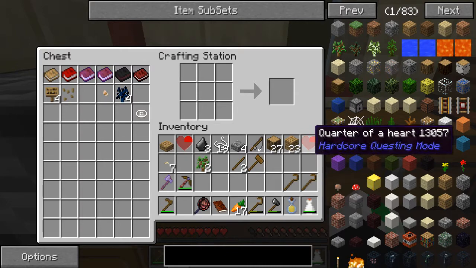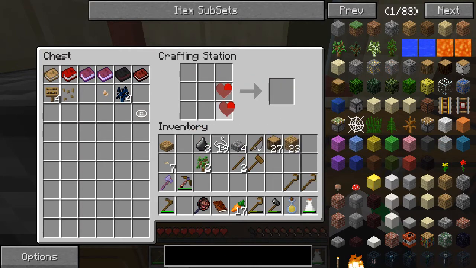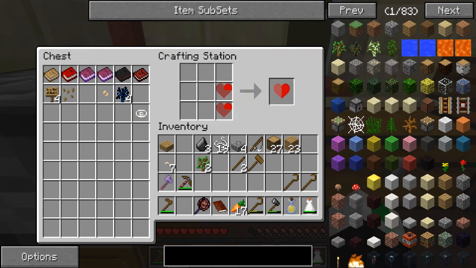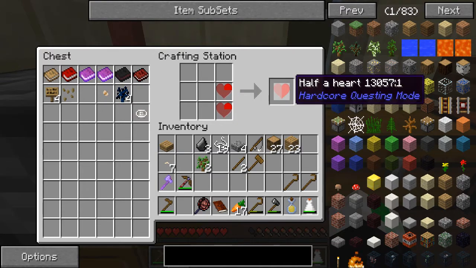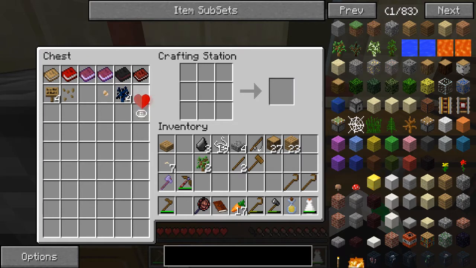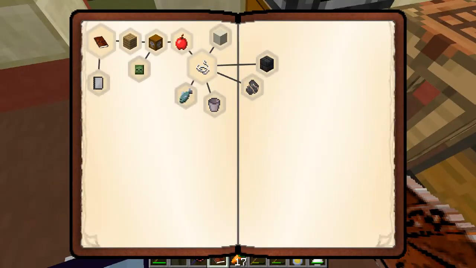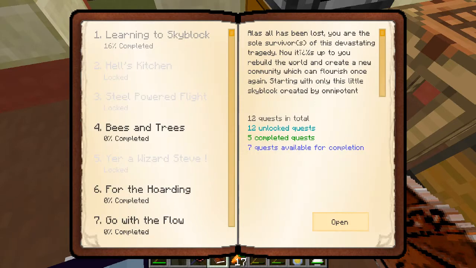So, oh, I have 2 quarter hearts. You can combine these hearts together. You can combine them in any fashion that makes up any larger number. So if you had 2 quarters and a half, it would make a whole heart, and it's shapeless, so it doesn't really matter. And the whole heart will add 1 to my life count here,